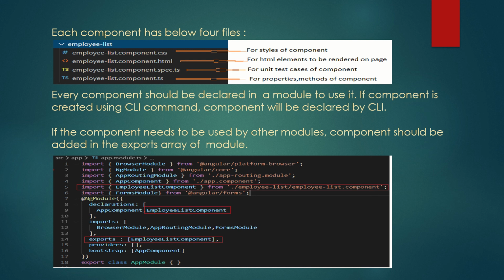And if this component needs to be used by other modules, then we should add this component to the exports array of the module. Here below, we have created one employee list component, and we have added it to the declarations array. If this employee list component needs to be used by other modules, then we need to add it to the exports array, and we added it to the exports array.